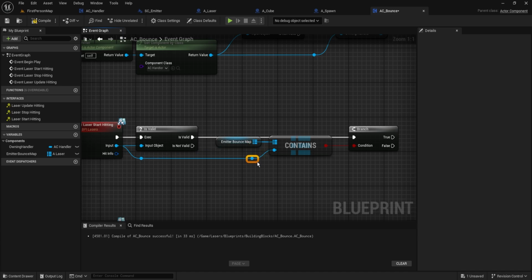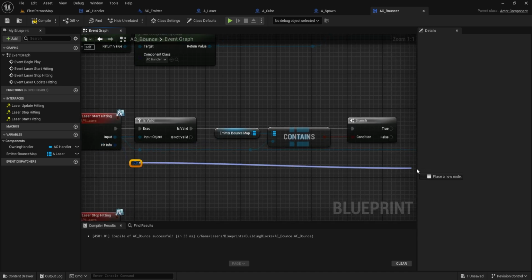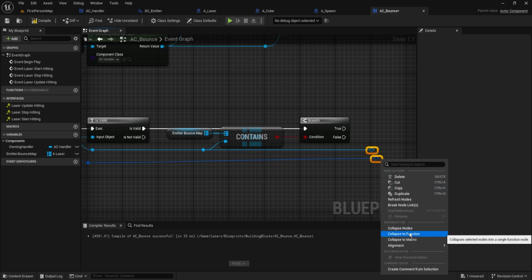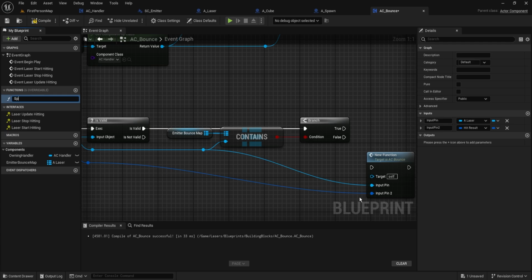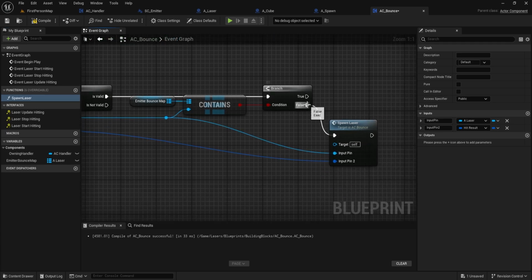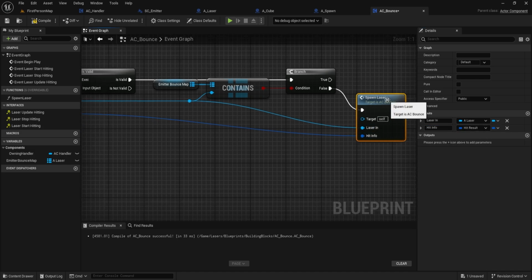Add a reroute. We're going to make a second one here, and we're going to do the same thing for our hit info, because this is going to be a function. So right click, collapse to function, spawn laser. There we go. Plug this on false, make sure it's false, not true. I'm going to put it here, and we will say laser in and hit info. So let's go and open this